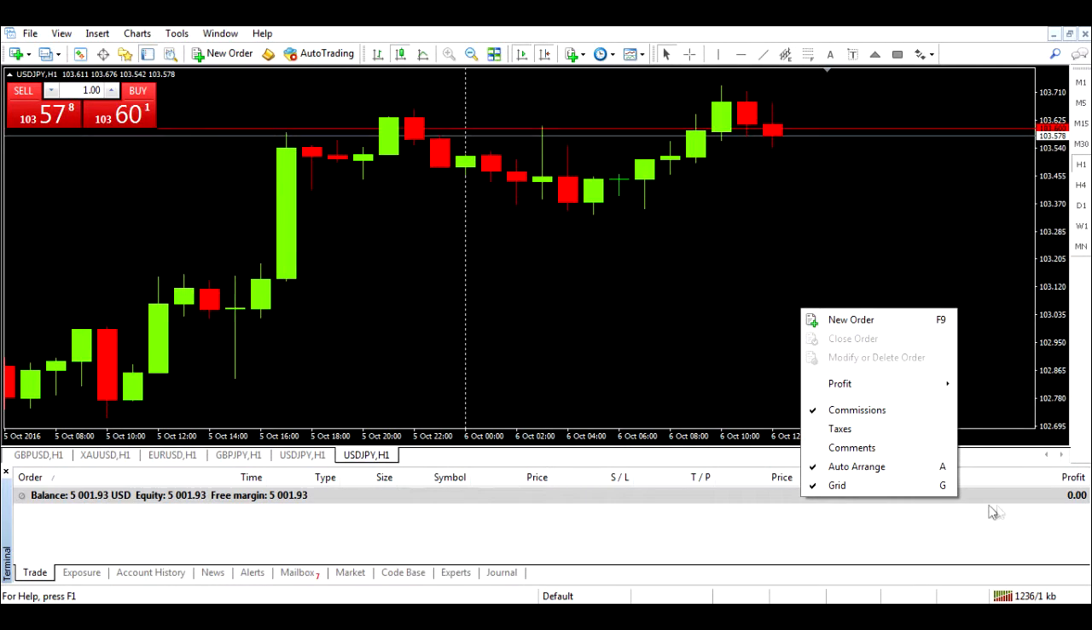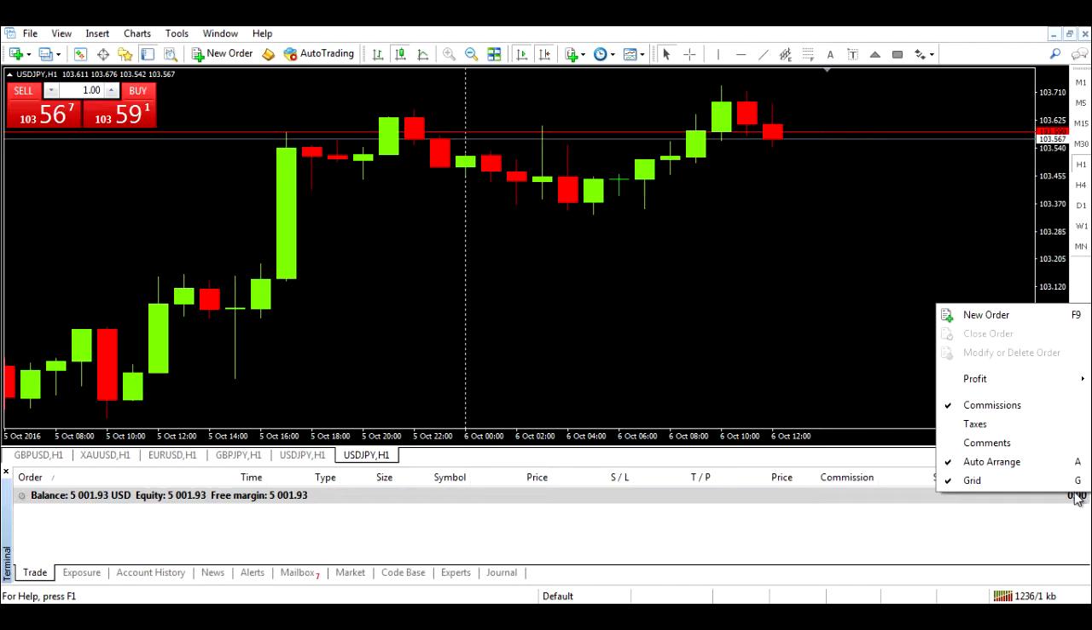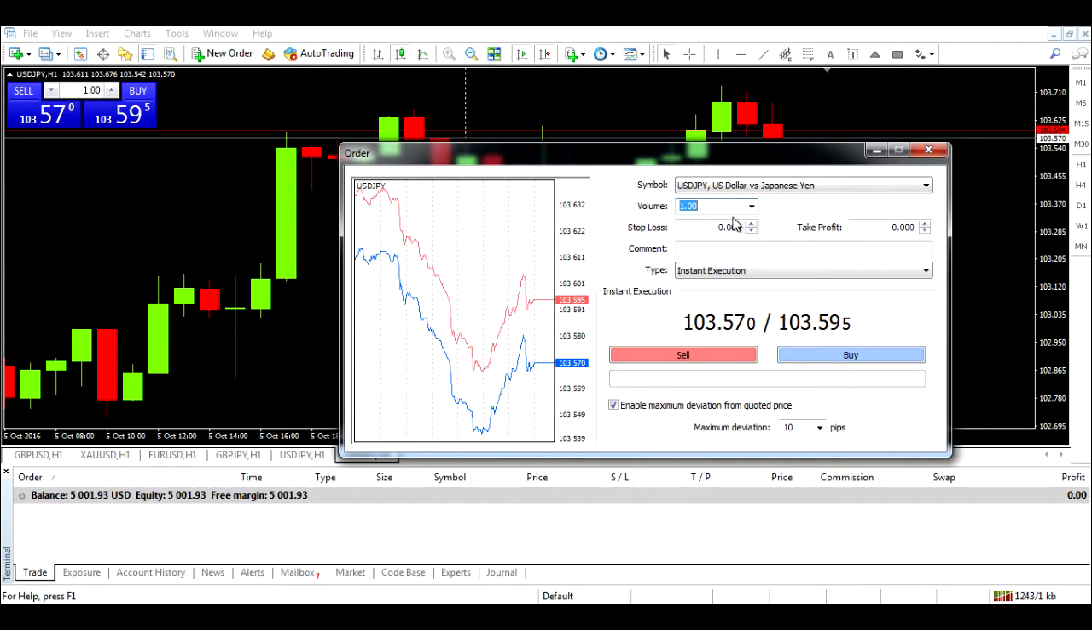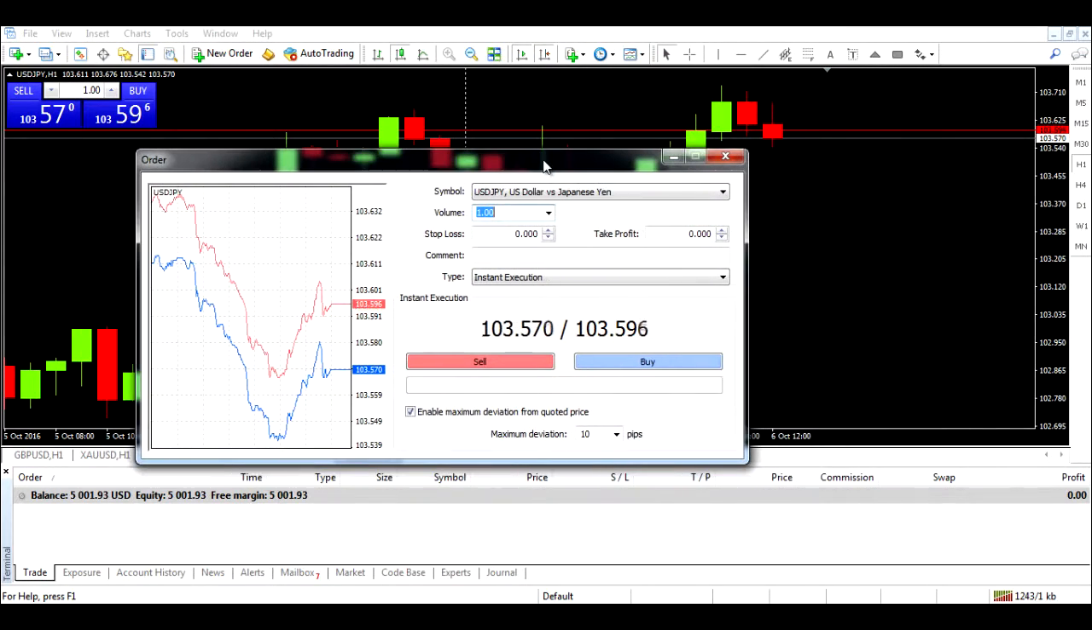Right click here on the terminal, and then you place an order. New order. So I would like to go, let's say, bullish, or I would like to buy. So my volume, same here, 1. But this time you would enter the price range manually. Okay, so when you enter the price range manually,